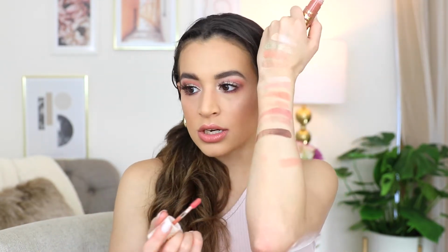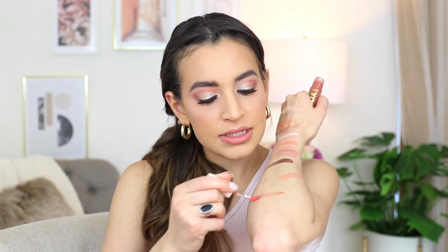And then I got the lip oil in the shade Playa Vista. It's what I'm wearing on my lips over a lip liner right now. I will swatch this maybe down here. It's like a peach shade. But let's go ahead into the tutorial so you guys can see how I did my makeup today using the